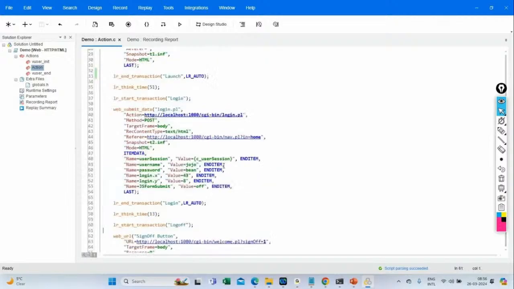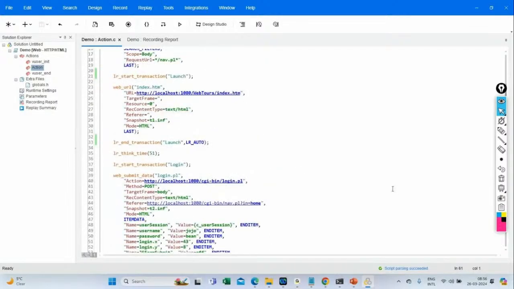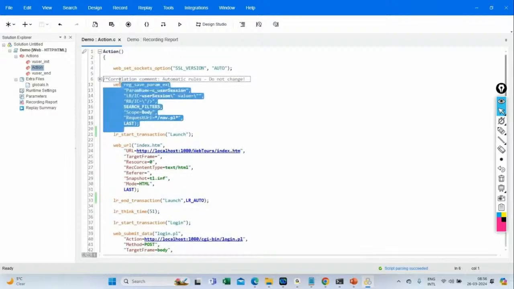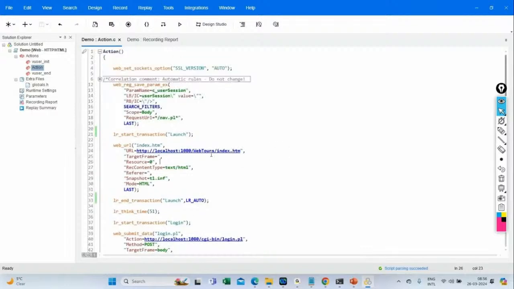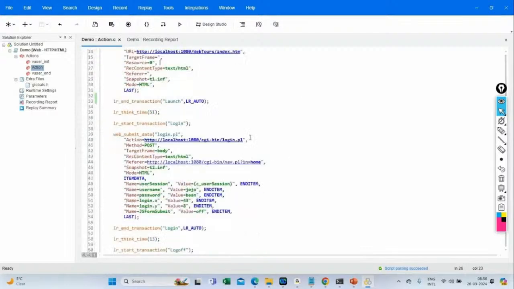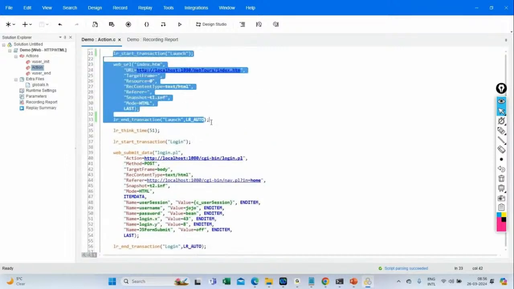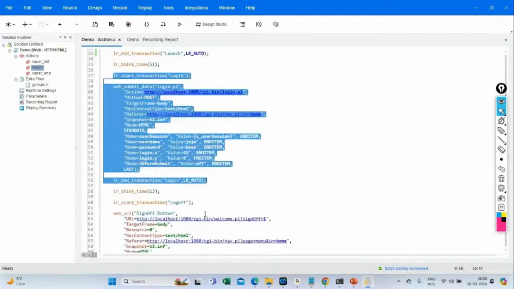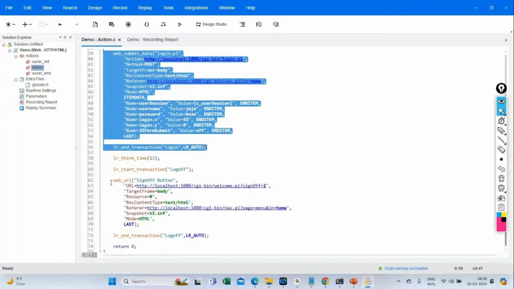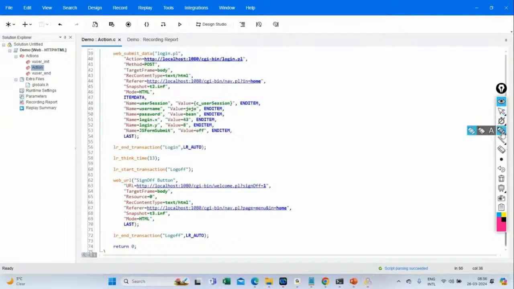All three transactions are done. That's what we wanted to record, right? Ignore this. This is a different concept. Okay. So now your script is ready. See, launch, login, log off. Now, if I want to replay this and want to see how the results are coming up,